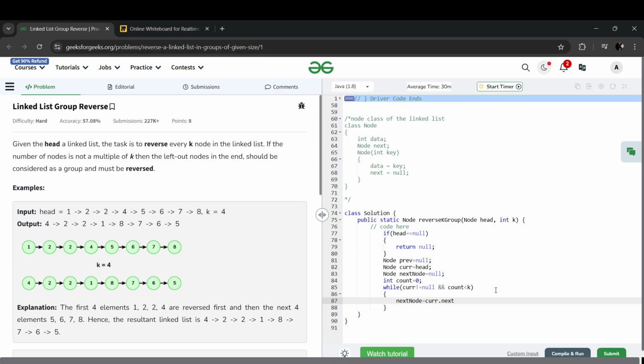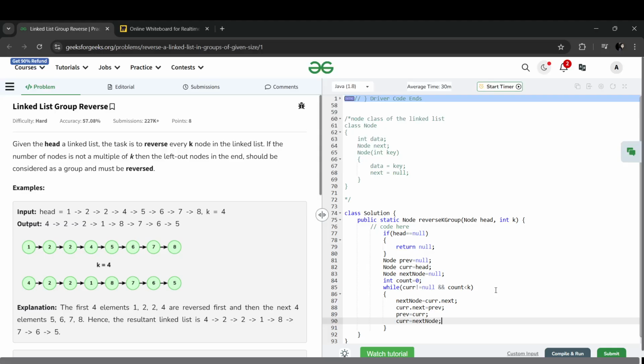So here we will be storing the next element. And then my current dot next will point to previous, so we will be reversing the current node's pointer. Then we will move the previous node forward, and then we will move the current pointer.